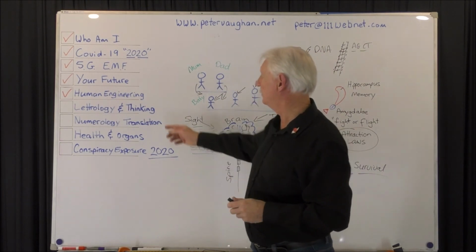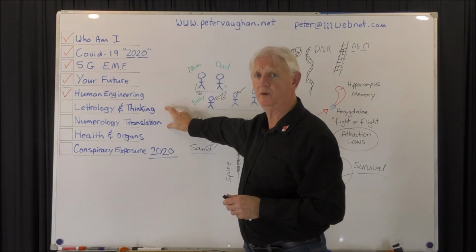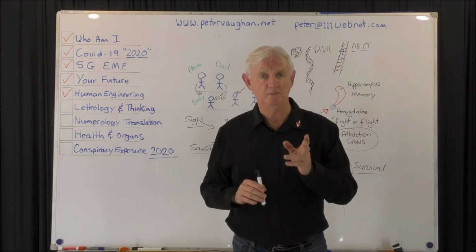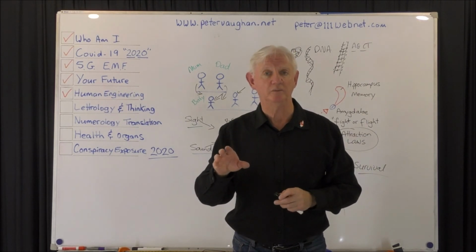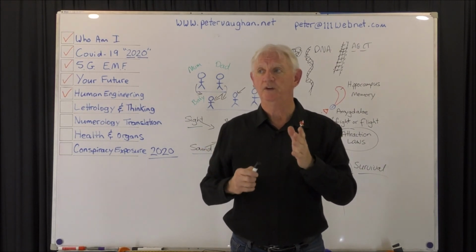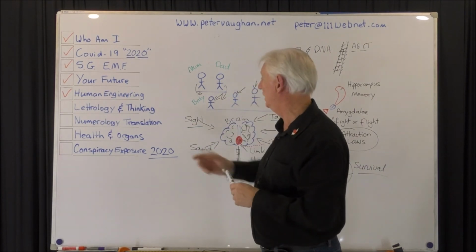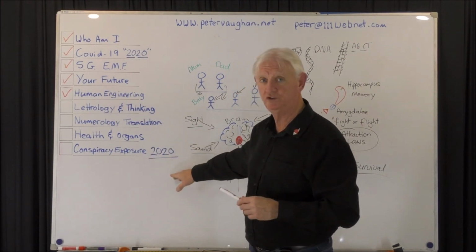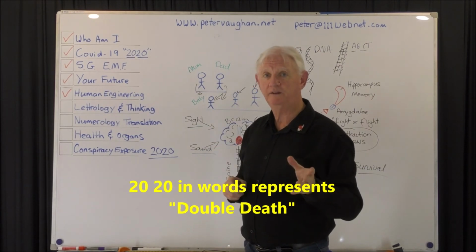The work that I do here, which I'm going to go into next, is literology, numerology and translation; these two are the same, by the way. I'm speaking to you in a language, and I could use 911, two numbers, and that means the Twin Towers are coming down, 911. So each letter of the alphabet, the words that we make up, each number, the combinations of numbers, like 2020. I'm going to expand on this kind of stuff, which I will shortly when I get down to it. 2020 literally represents, in words, double death. Double death, death, death. And I'll explain that when I get down to it.